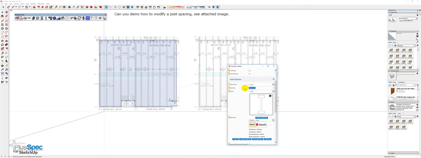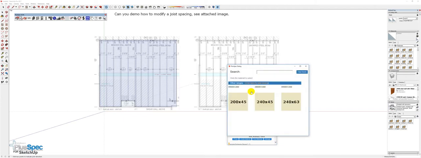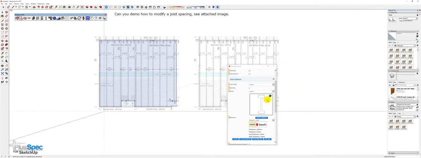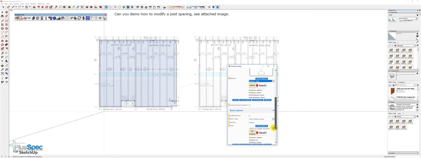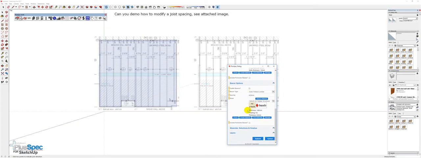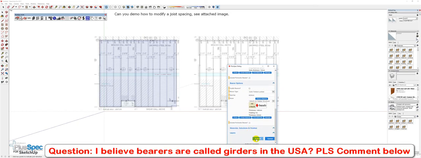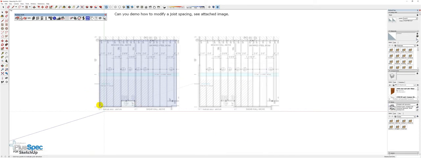I'm going to write in my spacing at 2 feet. Right, it's going to search that, and I can choose my joist size, whatever it might be. They look to be 2-inch joists actually, so I'm just going to quickly go back down and say, if you're using the imperial version, you're not going to get the metric obviously, but there. Don't worry about bearers, because bearers go underneath the timber to hold it up. I think they call them something else in America. And I'm just going to go submit, and I'm going to go in here and I'm just going to choose my joist